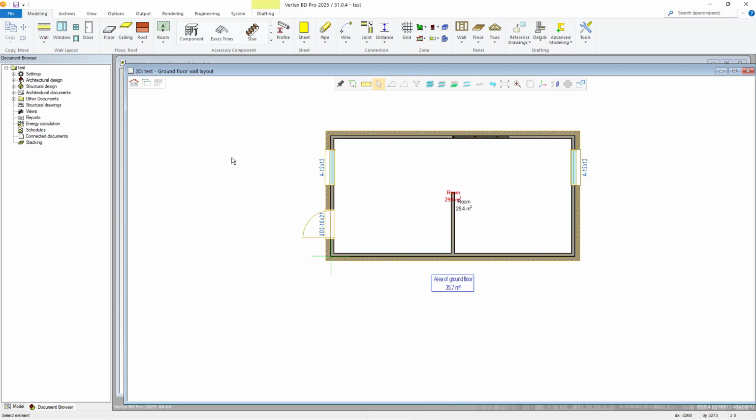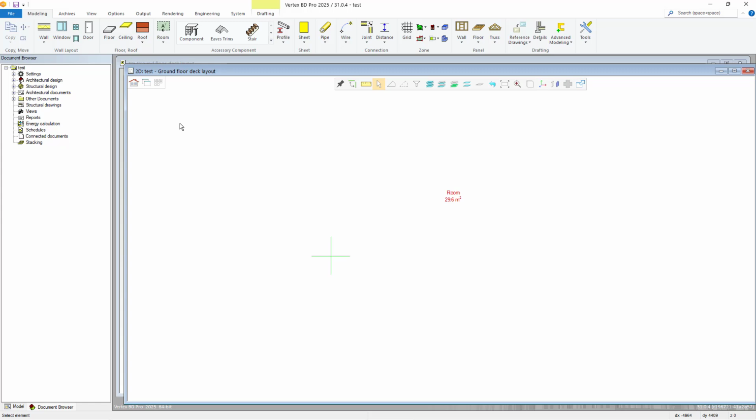Now we can add our floor and our ceiling. First, bring up the modelling pairs by pressing F4 on the rightmost icon here and load the ground floor model deck pair. This will currently be blank. However, we are able to load a reference drawing of the ground floor walls we have already added. With the Modelling tab active in the ribbon, go to the Reference Drawing drop-down menu, select Quick Load Drawing Model Pair. This brings up the Drawing Model Pairs selection window, where the ground floor walls can be chosen to load